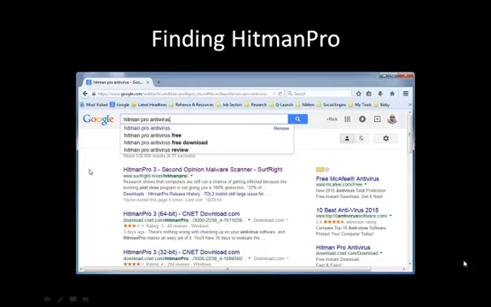Alright, first thing to using HitmanPro is finding it and installing it. So you're going to go to your browser, whether it's Chrome, Firefox, Internet Explorer. Those are the three most popular. You may have another one, there are others. Then you're going to enter in HitmanPro antivirus into your search engine, whether it's Bing, Google, Yahoo, and you're going